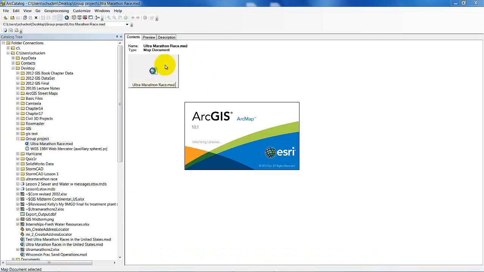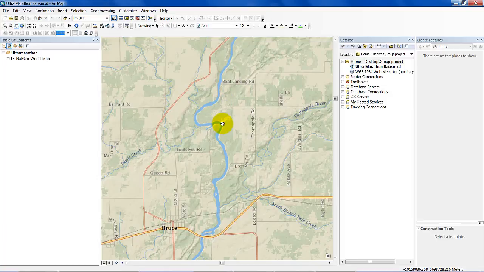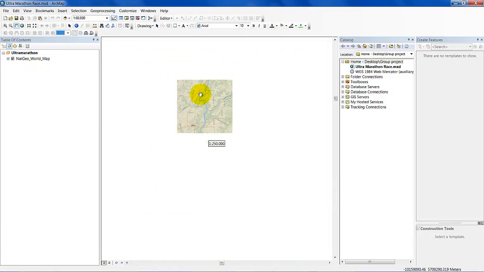I'm going to double click on that, and you see I'm starting up ArcMap. Now what I had open was the Arc catalog, and we'll be getting back to that in a second. But we're now going to look at ArcMap and see if, to start off with, we can add the race course without doing anything further. But we're going to see that we can't. I'm just going to give you an idea of the difficulty that we have. And here we have the National Geographic world map that we're going to be using for the Ultra Marathon. I'm going to scroll out,